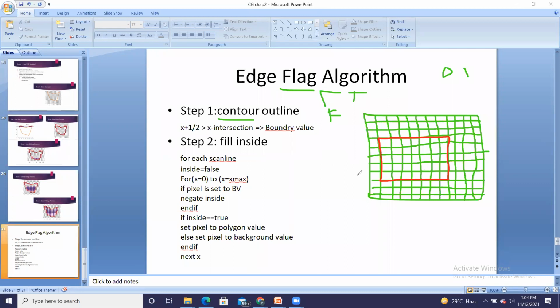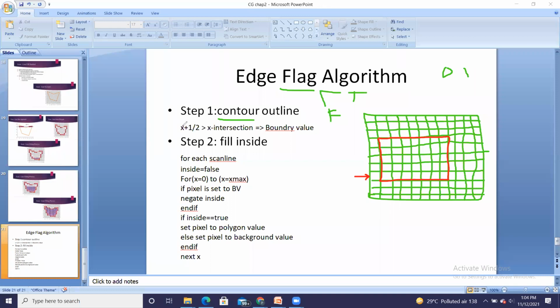So here is the scan line present. So for each scan line, what I have to do is, I have to check the x plus half. So it is called the half scan line method, because here we are concentrating on the half. So half value is added, and that's why I will say x plus half.